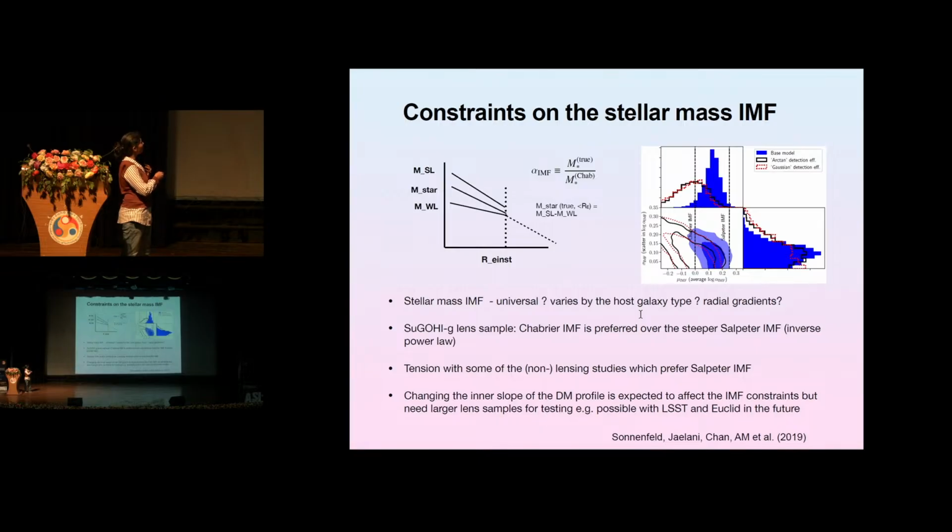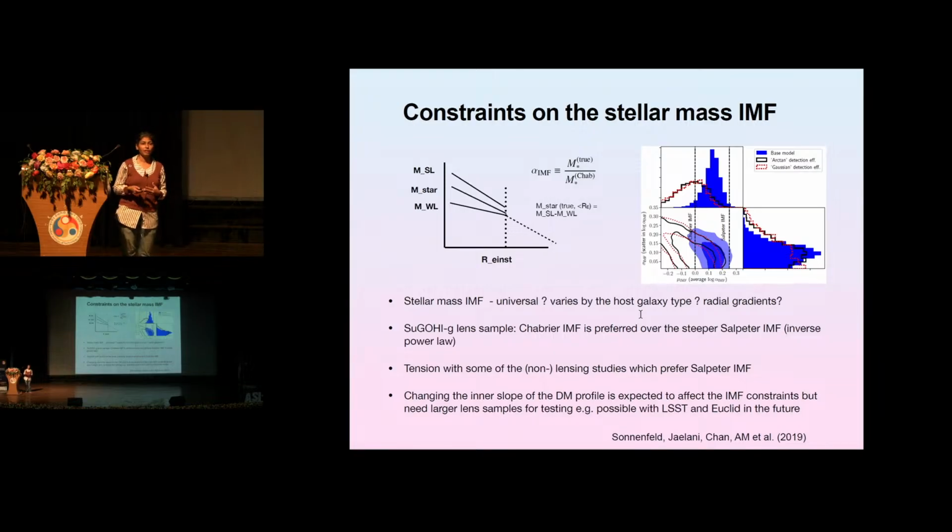And if you just take a difference between the strong lensing mass and this weak lensing mass, then what you essentially get is the mass that's there in the baryonic component, or the M star, as shown over here. So this is one measurement, and the other measurement of the M star, the stellar mass, can come from the